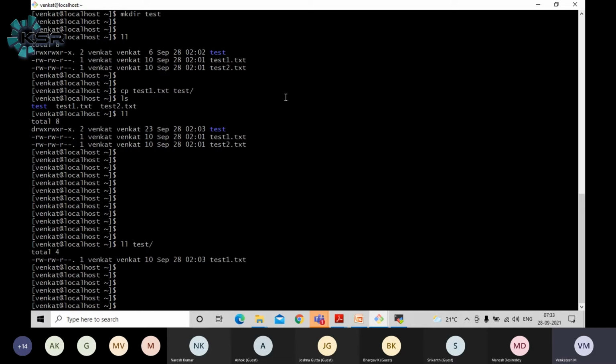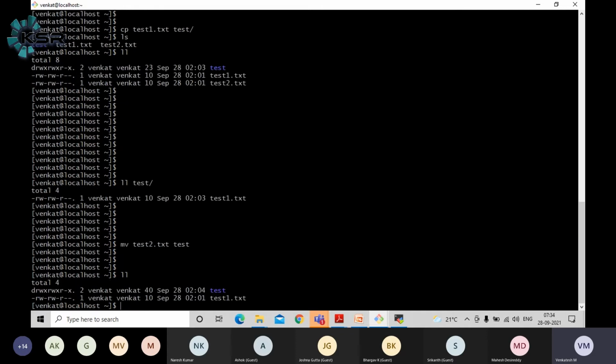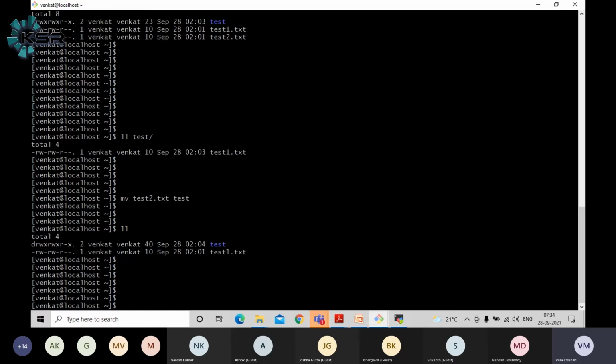Same thing if you do the operation with the move command, it will change completely. Let me try this operation with test2. Now I run the move command. Let's see what happens now. As you can see, it completely moved the test2.txt file into the test folder, guys. These are the operations which we need to know at a basic level.